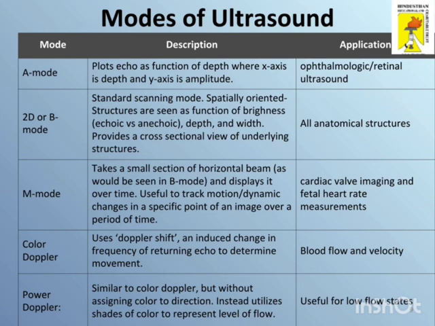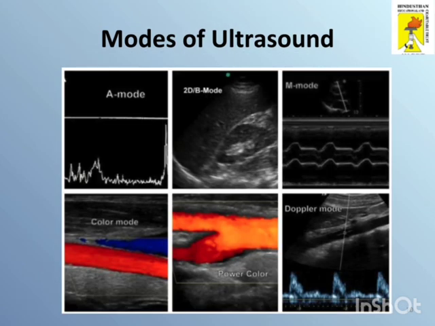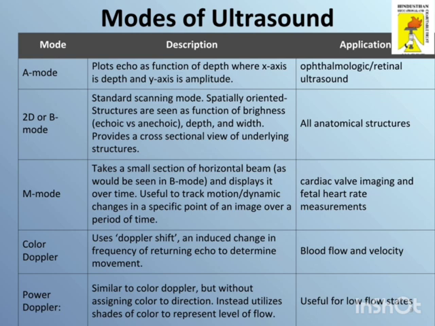Then we have an M mode, which helps in visualizing the cardiac valves and fetal heart rate measurement. It takes a small section of the horizontal beam and displays it over time. Then we have the color Doppler. This color Doppler uses Doppler shift and helps in visualizing the blood flow and velocity. Then we have the power